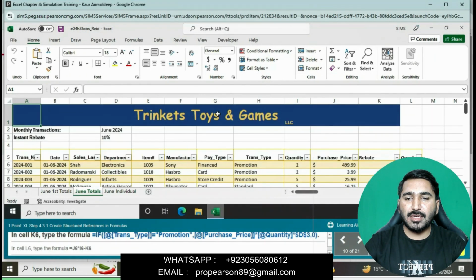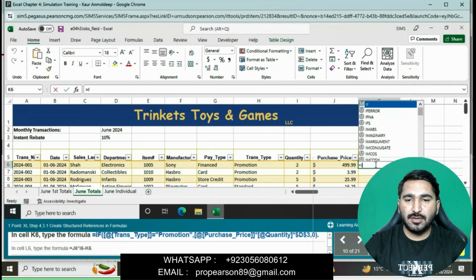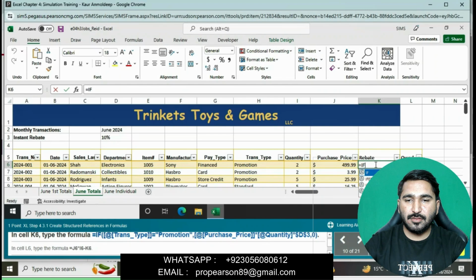In cell K6 type the formula equals IF, open bracket, rate trans dash type. The formula is given in the question and we will type it.